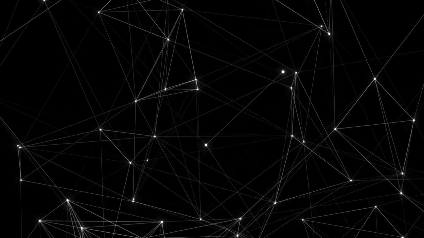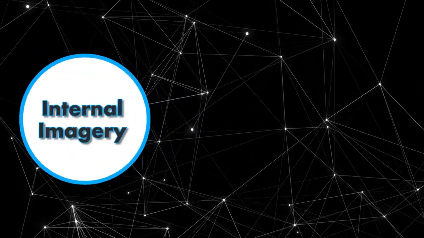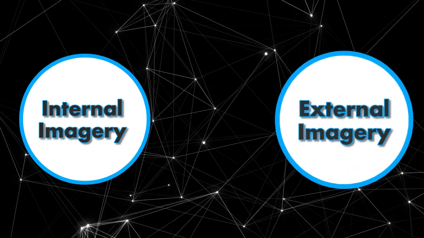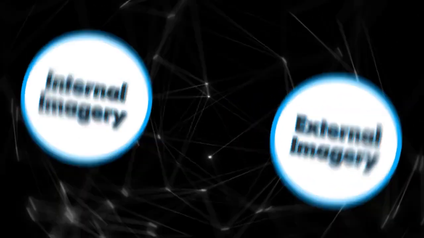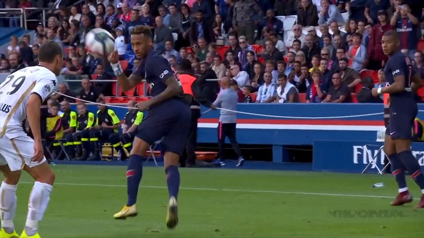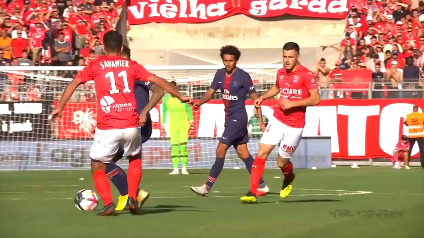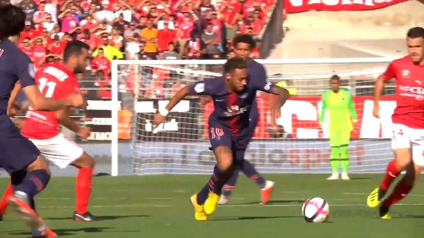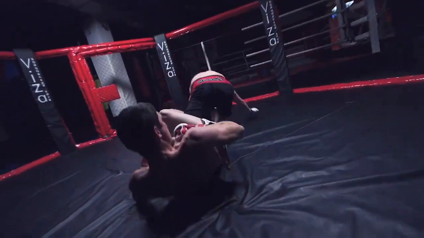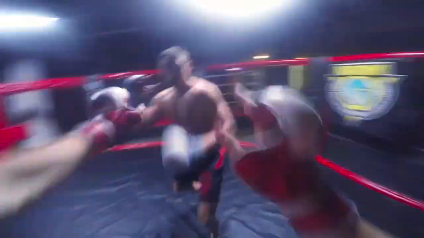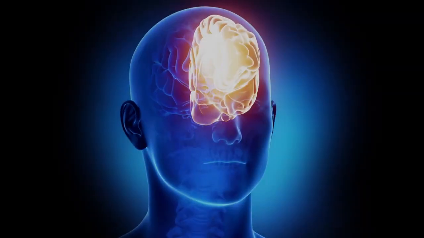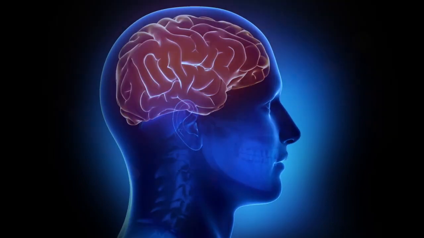Some skills may benefit more from using internal imagery, while others may benefit more from using external imagery. For example, if you want to practice certain movements that you normally don't pay attention to from an internal perspective, you can imagine yourself from the external to capture the details of the movement. Conversely, if you want to practice staying calm as you dodge your opponent's sequences, for example, you can visualize from the internal.